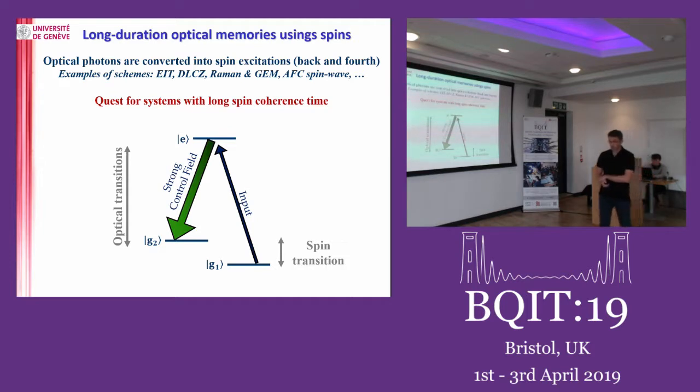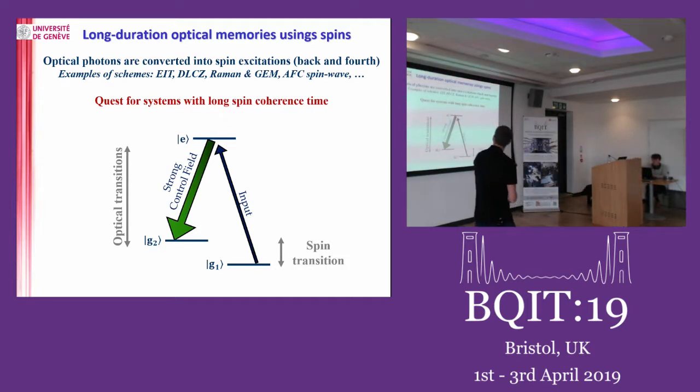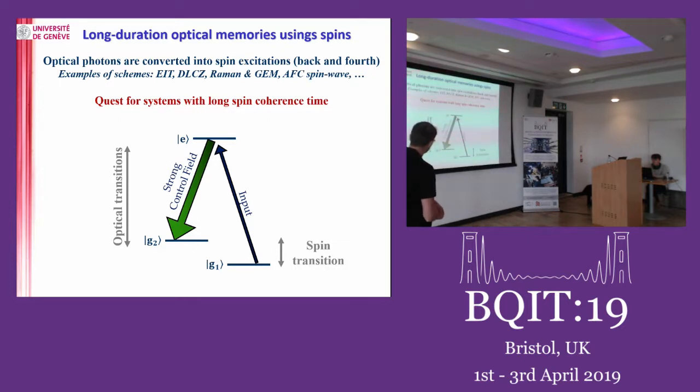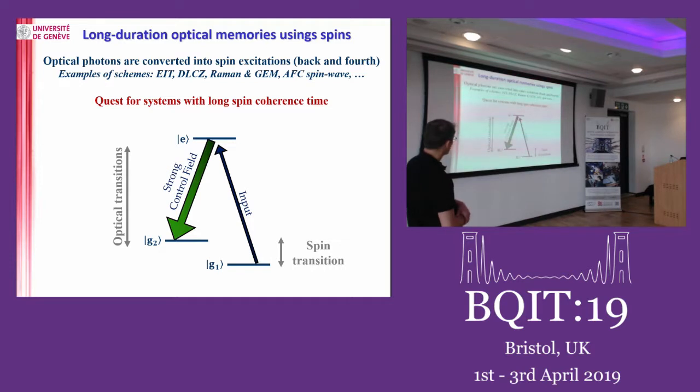So to start with, why do we use spins? As most of you probably know, the idea is that you want to, for example, take a single photon and couple it to some optical transition. This is an optical excited state. Use some kind of control field, and transfer that optical excitation into some kind of spin excitation with the goal of having long storage time. Obviously, spins are more protected from the environment, and this way we can get the storage time we need for applications. I would say most memory schemes are based on some kind of encoding into a spin state, whether it's EIT, DSC schemes, Raman, or the schemes we are using, based on this atomic frequency comb concept that I will talk about.